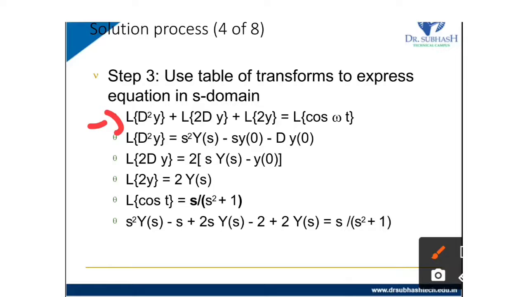Then we will put Laplace of d square y equal to s square y of s minus s y of 0 minus dy of 0. Then Laplace of 2d of y equal to 2 s y of s minus y of 0. Then the Laplace of 2y equal to 2 y of s, and for cos t, the Laplace is s upon s square plus 1. So this expresses